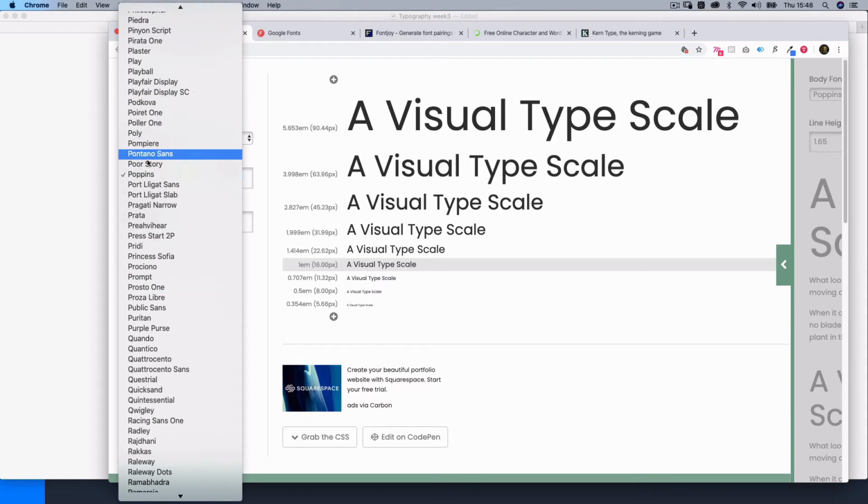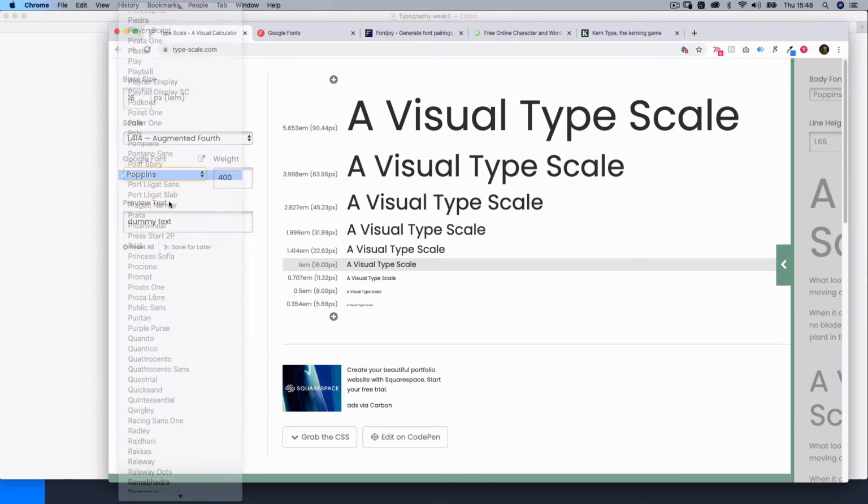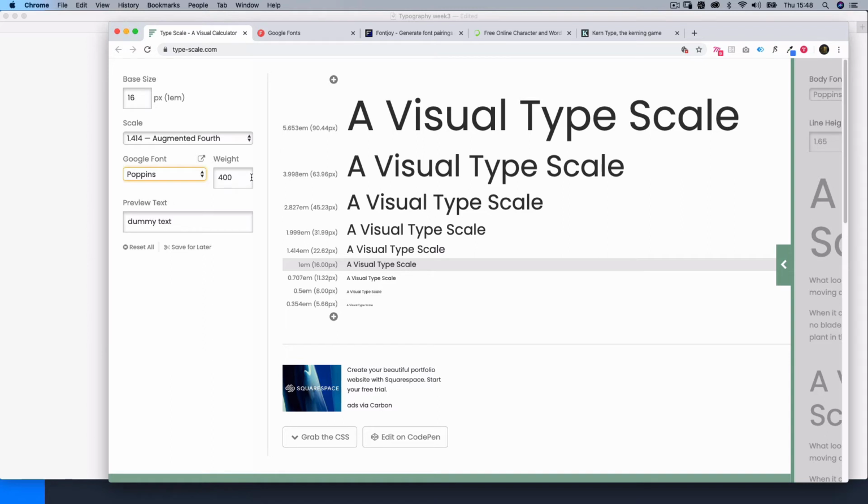Google Fonts, you can just choose a nice font that you want to have. I'll just leave it on Poppins for now and weight regular. You can put your own text in here, or you can just leave it as it is. Anyway, so I've done all that now, and now I've been given a nice scale. So here you can see that's my body text. And then I've got a list of different sizes that I could use for headlines, subheadings, and tertiary text or